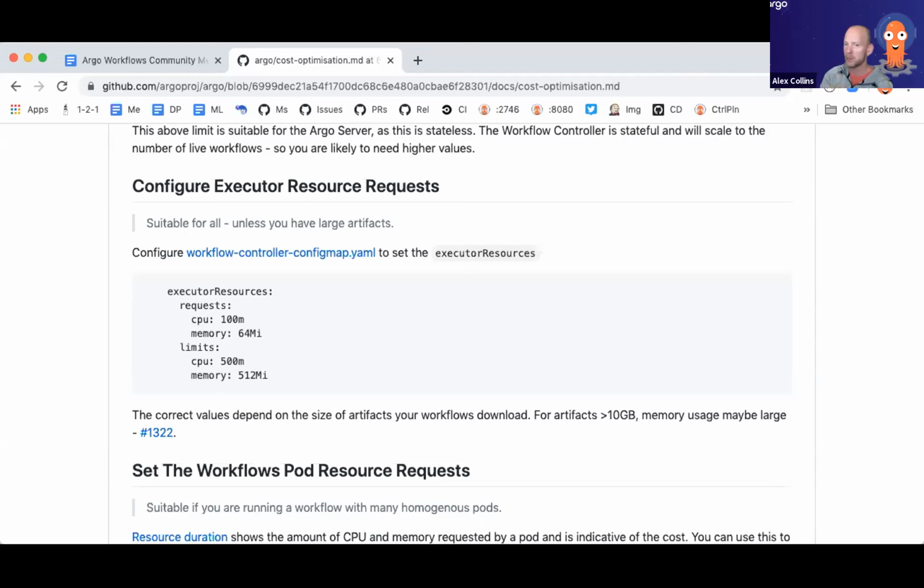However, if you're using persistence to save your workflows into the workflow archive, that has a completely different set of garbage collection settings. Specifically, you can set a TTL for the archive, so your data is deleted. But that wouldn't be a short TTL. Your TTL for a workflow might be 8 hours, whereas your TTL for the archive might be 180 days, for example. Evan, does that answer your question? I'm sure it's a very long answer.